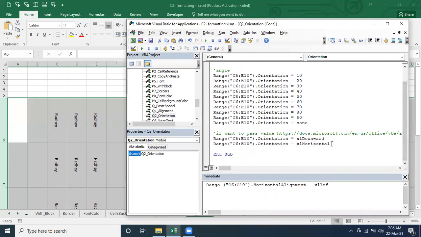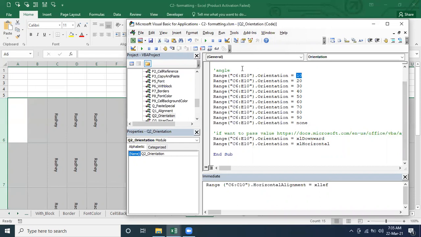Here I have mentioned only two, downwards and horizontal. Either you can use none or horizontal to make it normal text. So let me do the angle here, orientation. Either we can pass the specified value or we can pass that angle. What angle do we want?